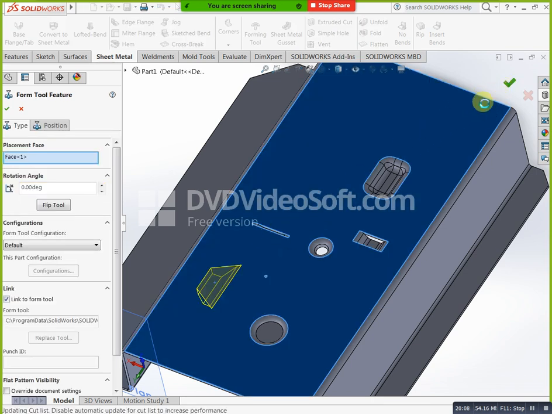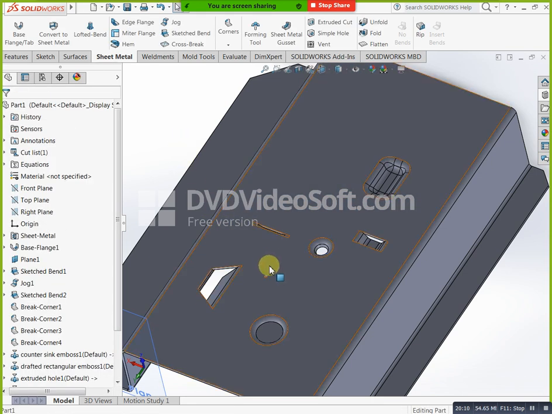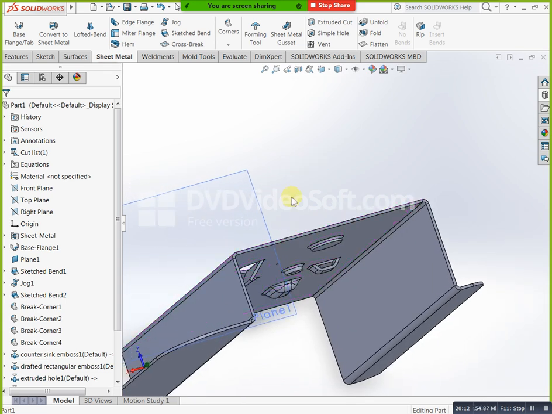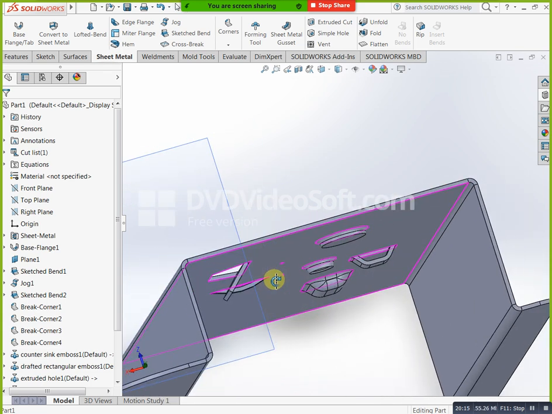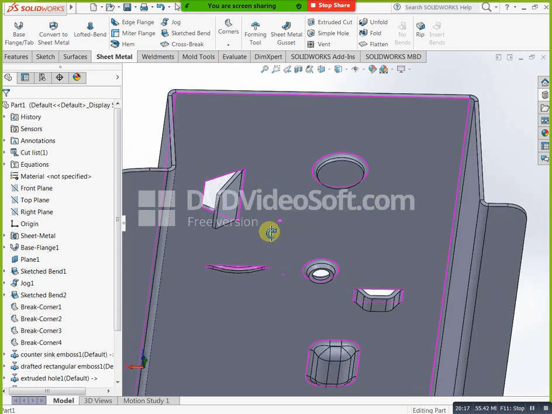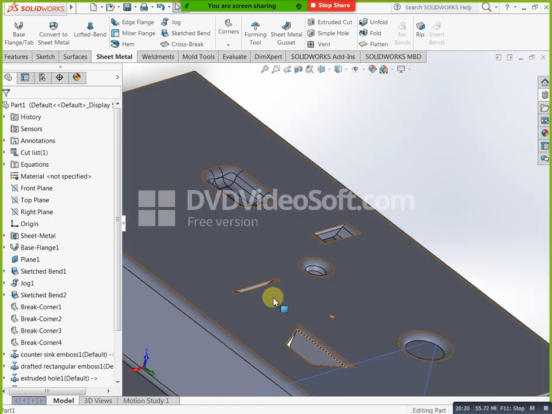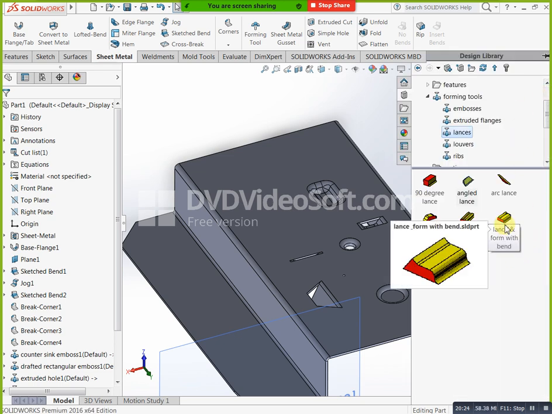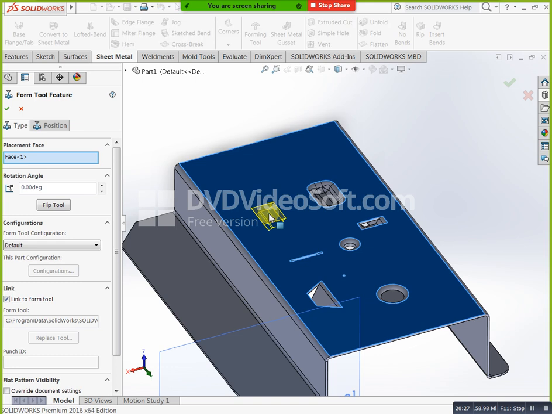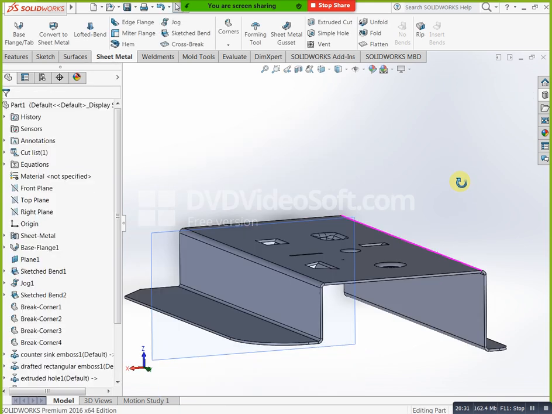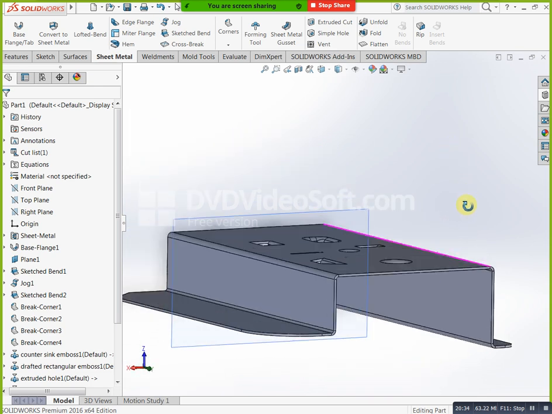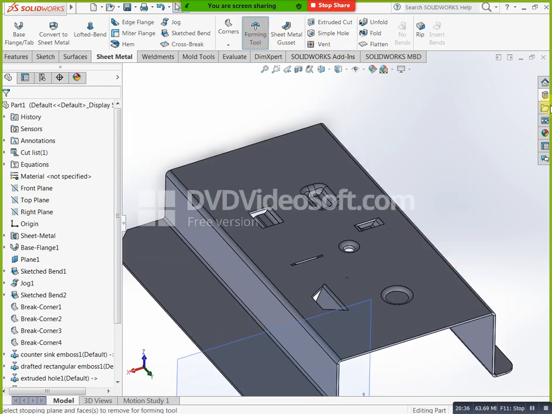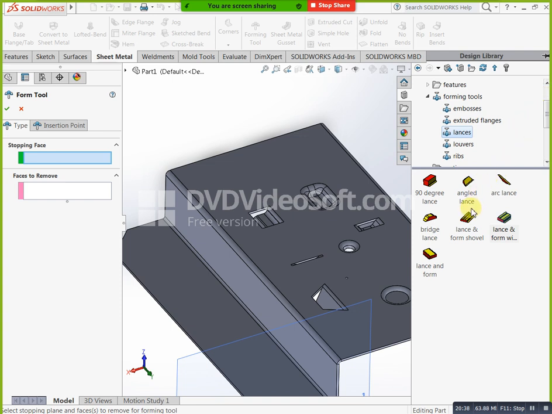Next, if you need lancer with bend, lancer with bending, this one. See, 3 sides opening is there, lancer. Next, this one is louvers. If you need louver, you can mention louver. These all we consider as the louvers. See, this one is louver. One side opened, 3 side closed.